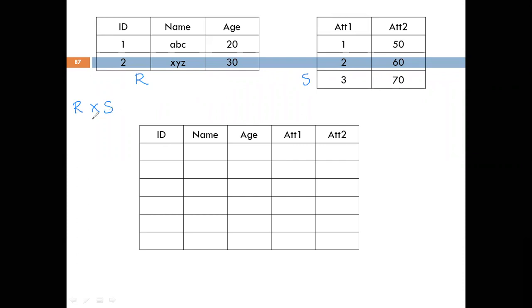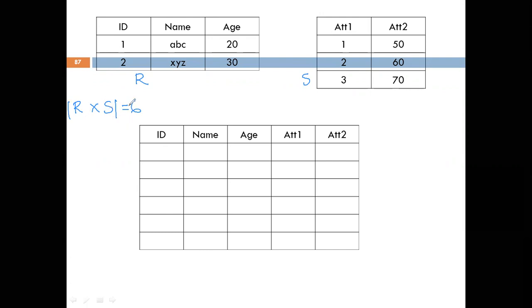If I apply this, then we will have 2 into 3, 6 entries. So the number of tuples is 6.